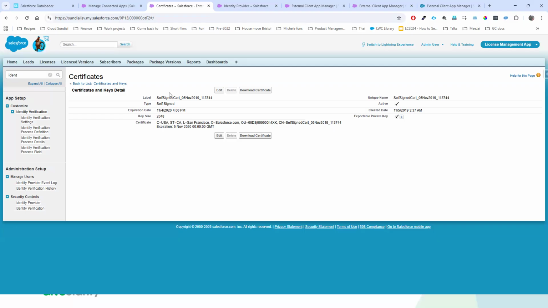To go back to that other angle, when I mentioned the username password flow isn't supported with external client apps, and the SOAP login, which requires username password, is being phased out. There's a real push to not use the password as part of the integration authentication.